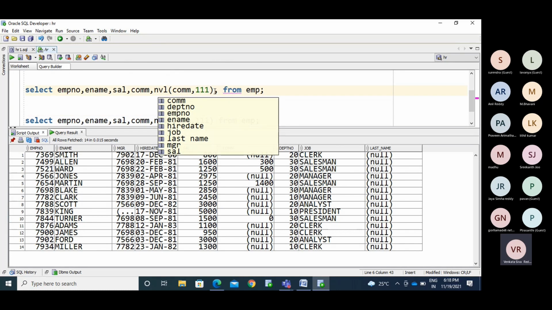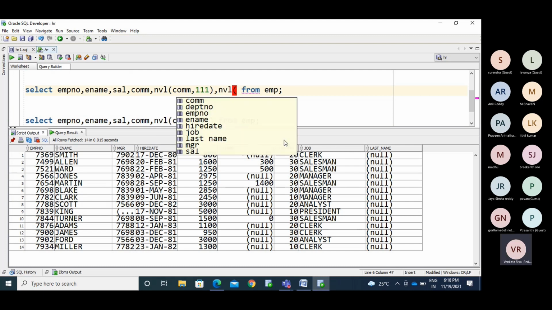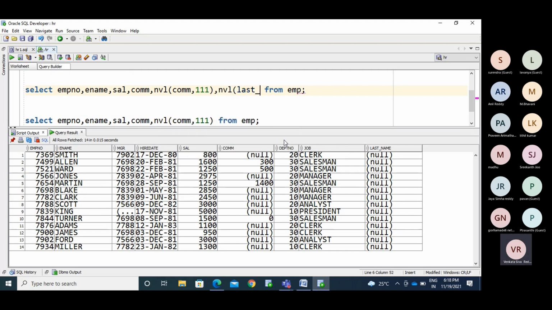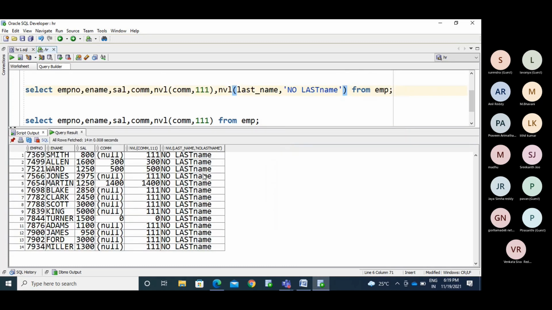For the employee who does not have a last name, I need to make it as no last name. So last_name.